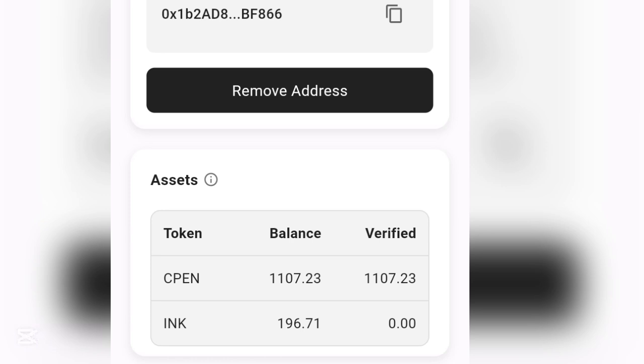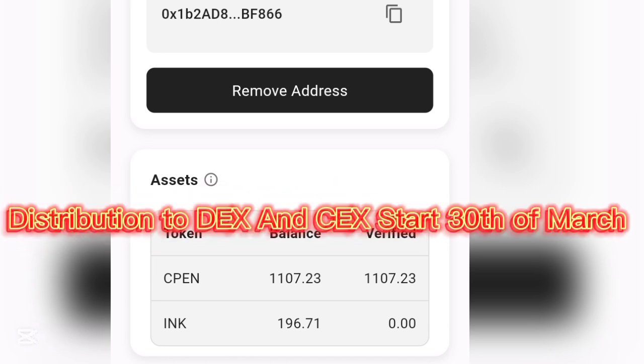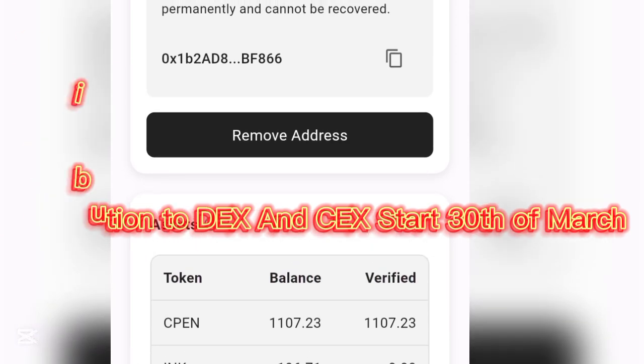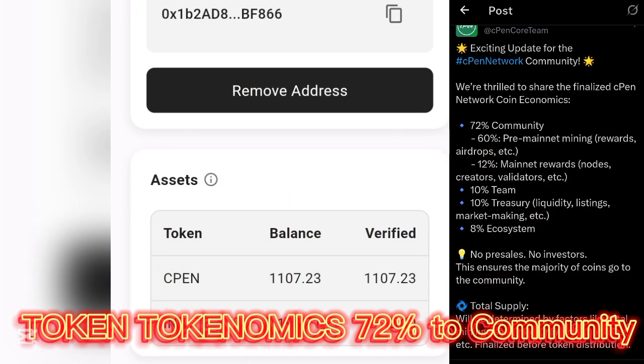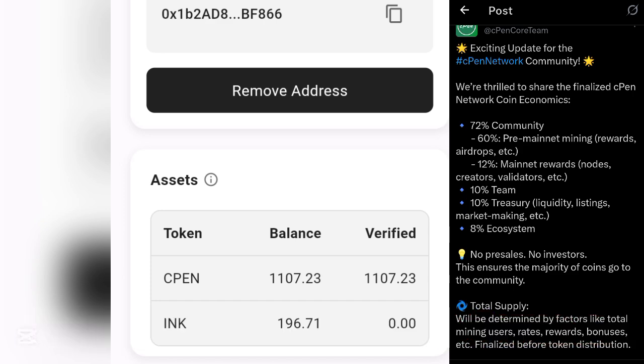So guys, distribution to your preferred exchanges, which is decentralized and centralized exchange, is going to start on the 30th of March 2025. And here you can see this is their total supply. 72% is going to the community, and distribution to your exchanges and decentralized exchanges is going to start on the